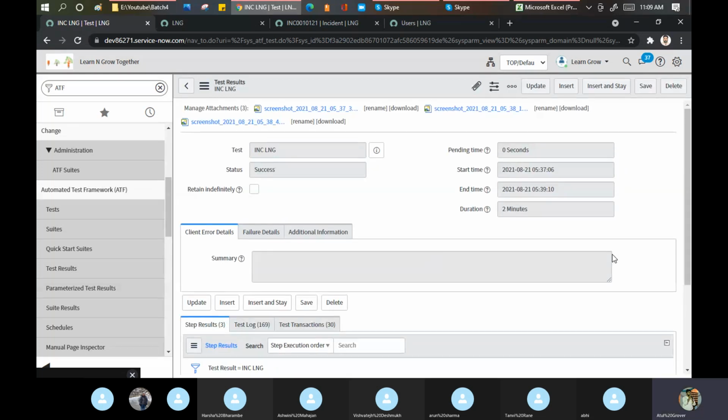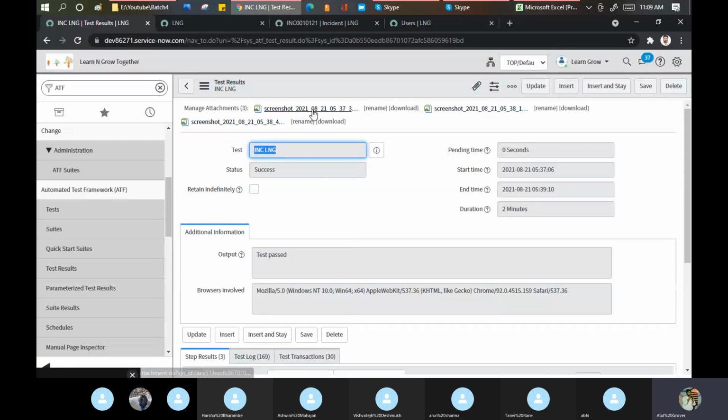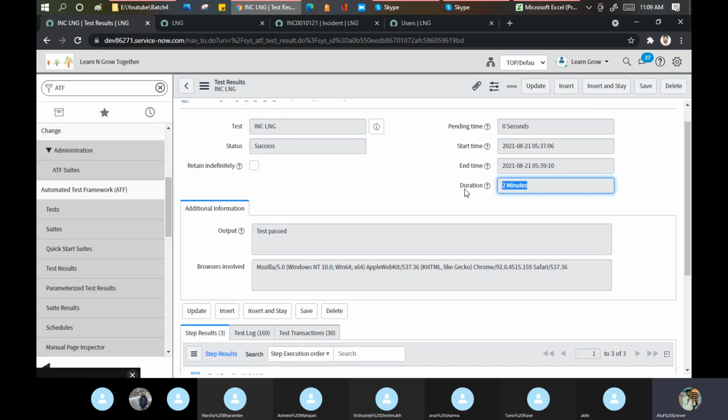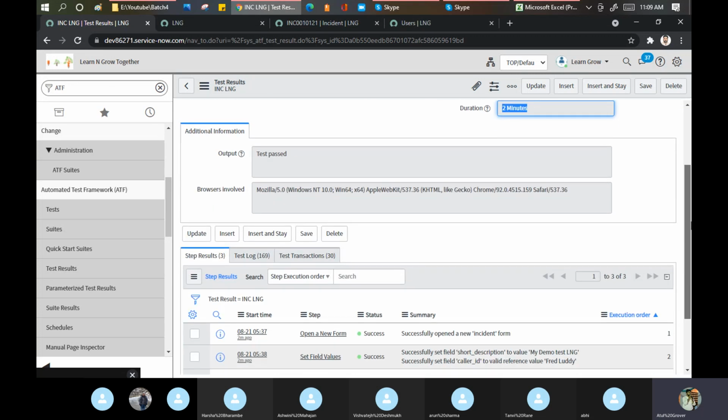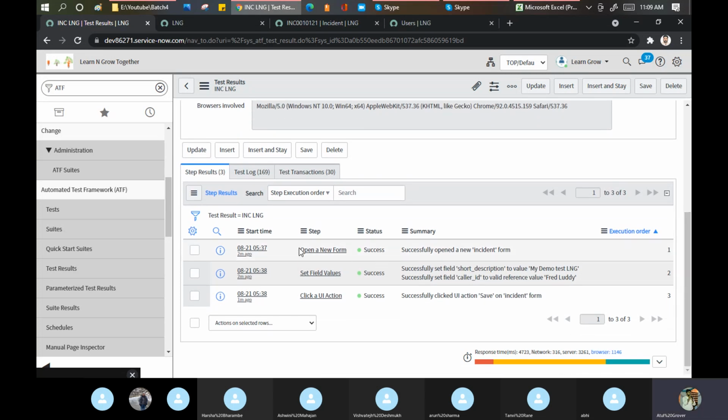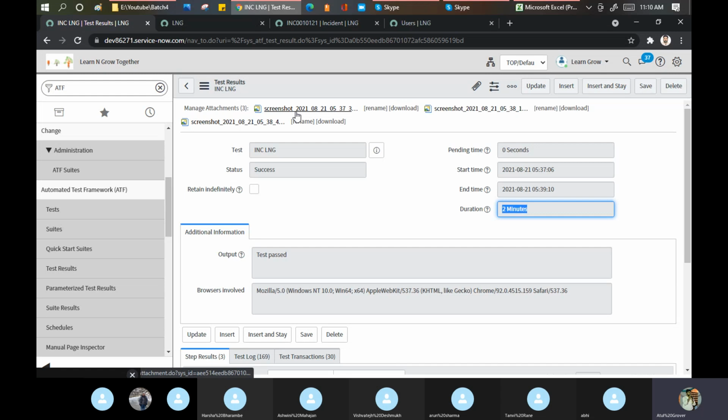This is just an example. Now see here, 1, 2, and 3. 3 screenshots taken by ServiceNow without your help. Total time taken, 2 minutes. Open a record, set a field value, click a UI action. Right now, if I show you here, this is my first screenshot.